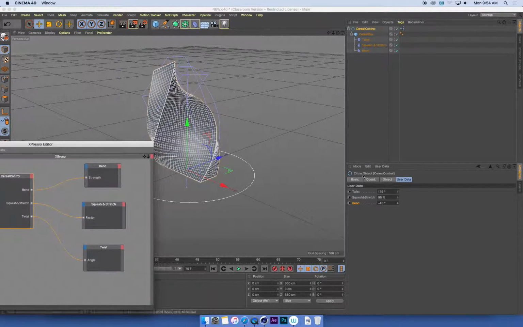So it might seem this is a little overly complex just for wanting to bend, twist, and squash an object, but it's going to mean that we can animate much faster if the things we want to animate are all collected in one place. And that's what a control object is for. It collects all the animation functions in one place so that it's really easy to animate. Control objects can be fairly simple like this, or they can be really complex and have all sorts of other functions built into them. But the important thing is we